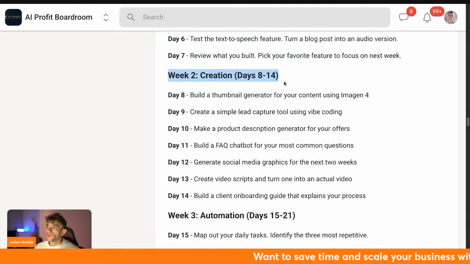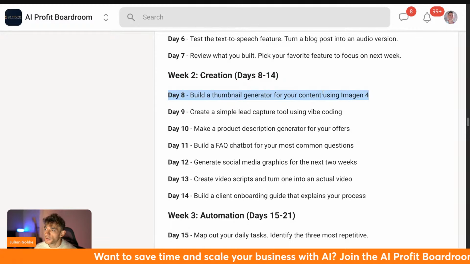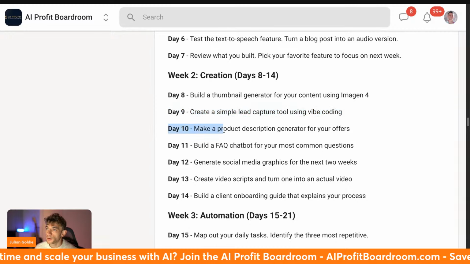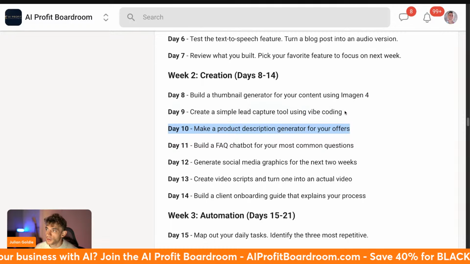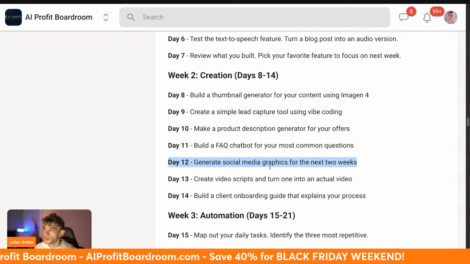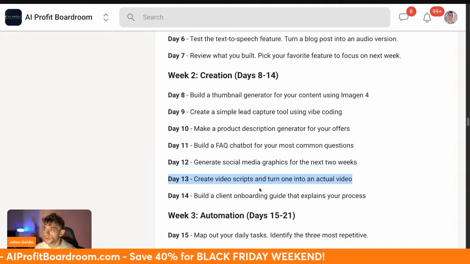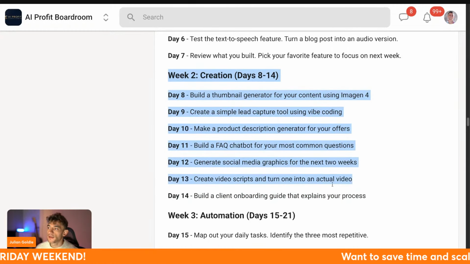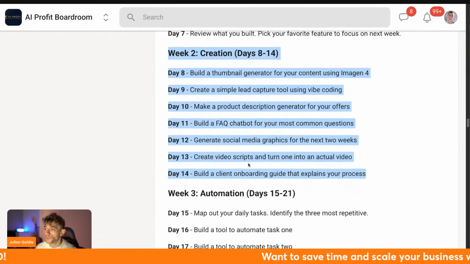Week number 2, days 8 to 14, I would try building a thumbnail generator. You could also create a simple lead capture tool with vibe coding. You can make a product description generator for your offers, build an FAQ chatbot, generate social media graphics, create video scripts and turn them into one actual video, and build a client onboarding guide. Those are 7 things you could build in week 2 that would probably be quite useful for most business